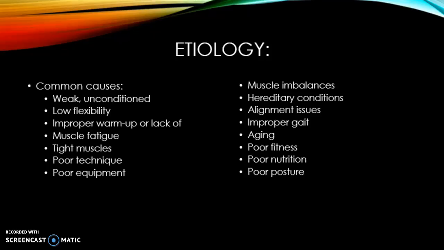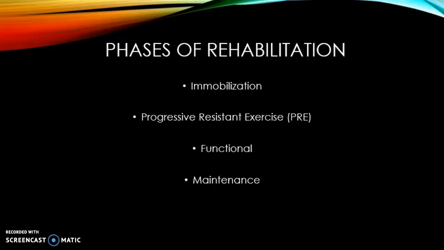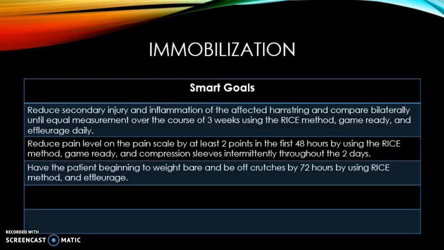After the injury, there are 4 phases of rehabilitation: the immobilization, progressive resistance, functional, and maintenance. Immobilization is basically when the athlete is immobilized in one way or another, such as using crutches or not being able to move it because of low range of motion, braces, surgery. But here, what we would want to do for SMART goals is reduce the secondary injury